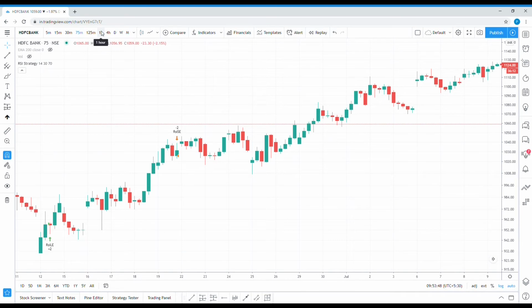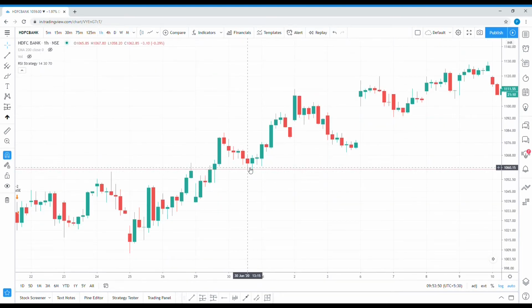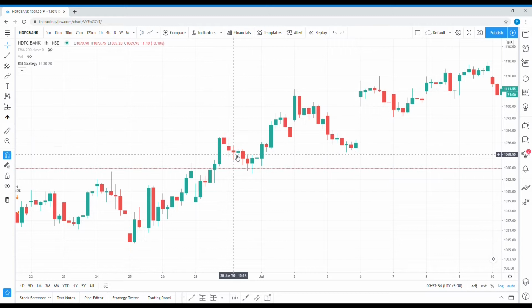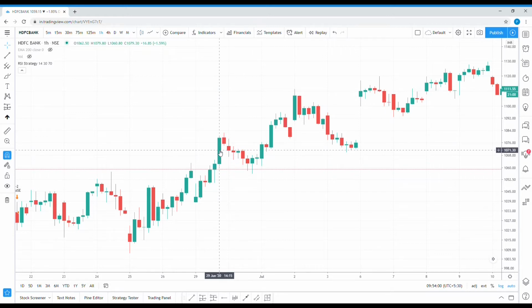So if I choose 1 hour, it will show a 1 hour candle. This is 14:15, that is 2:15 p.m. Go to the next, 15:15, and then the other day 9:15, and then 10:15, and then 11:15, after every 1 hour.